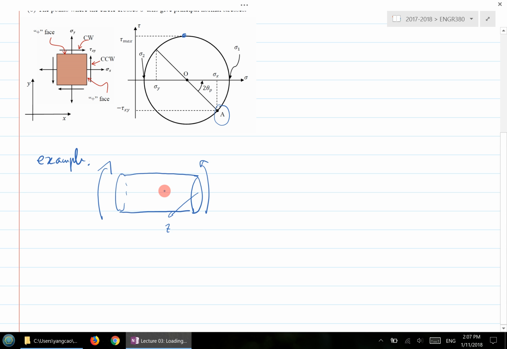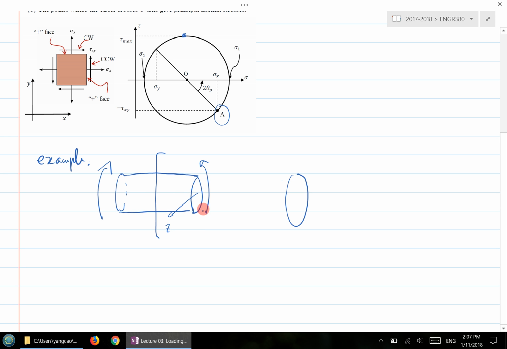The steps that you always do is, you have to come up with a state of stress first. To come up with a state of stress, typically you would cut a cross section anywhere vertically. So that's your orientation. Now if you look at the cross section after the cut, we're interested, of course, in the location that gives us the maximum value. And we learned in the previous lecture that